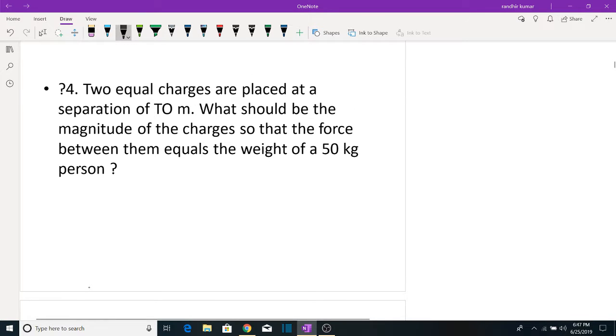Next, two equal charges placed at a separation of 1.0 meter. What should be the magnitude of the charge so that the force between them equals the weight of a 50 kg person? Again, if the charges Q1 and Q2 are placed at distance 1 meter,